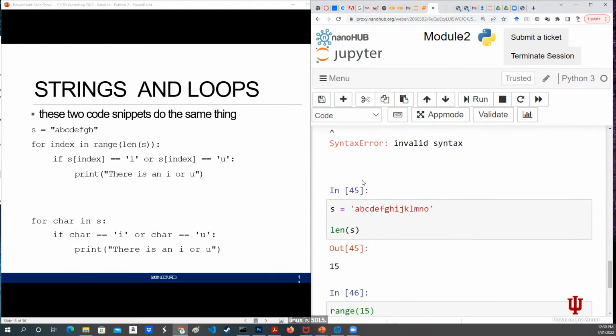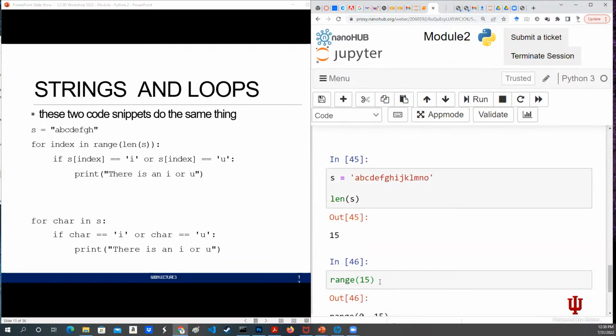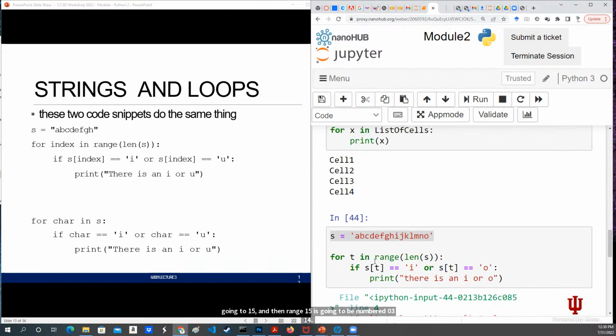So this is a nested function now. Range is one function, len is another function, and so it interprets the innermost first. So length of S is going to be 15, and then range 15 is going to be the numbers 0 through 14. So for T in numbers 0 through 14,